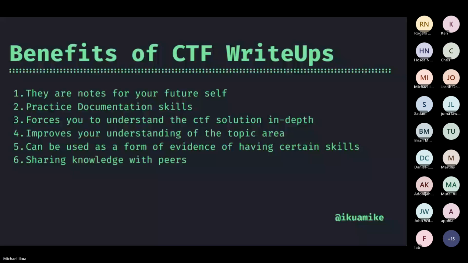The next one is that the write-up can be used as a form of evidence that you have certain skills. If you document how you've done mobile application testing and the root cause analysis, that is very straightforward evidence of you possessing the skills and knowledge of the specific area. If someone is looking for a person who can apply mobile application pen testing skills, you have a very straightforward record that you can show them.